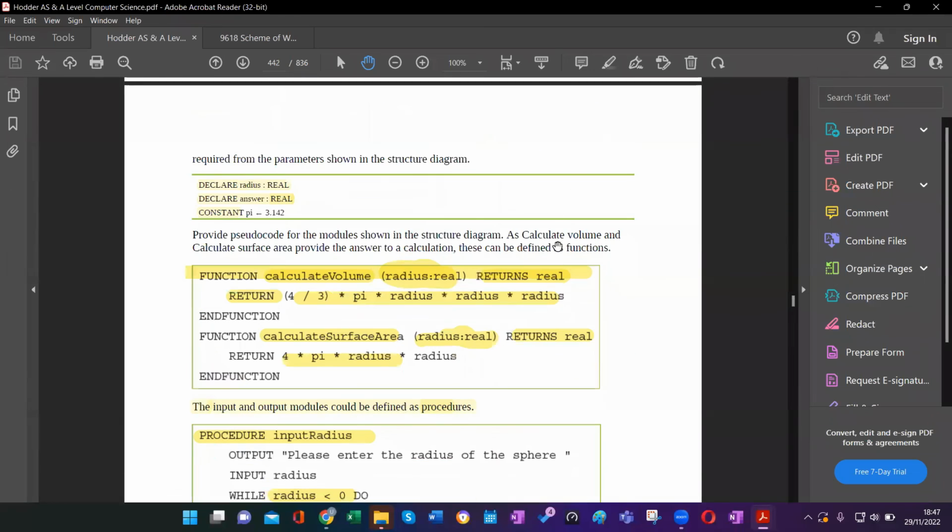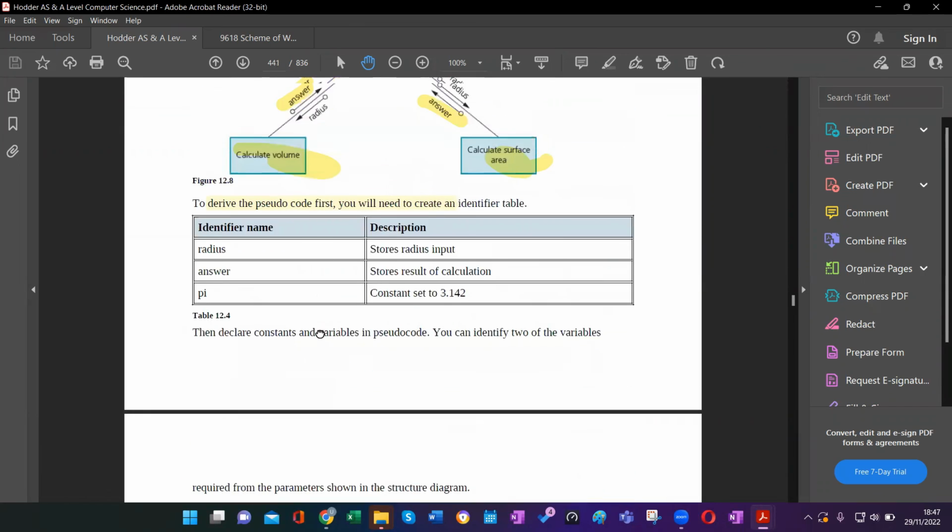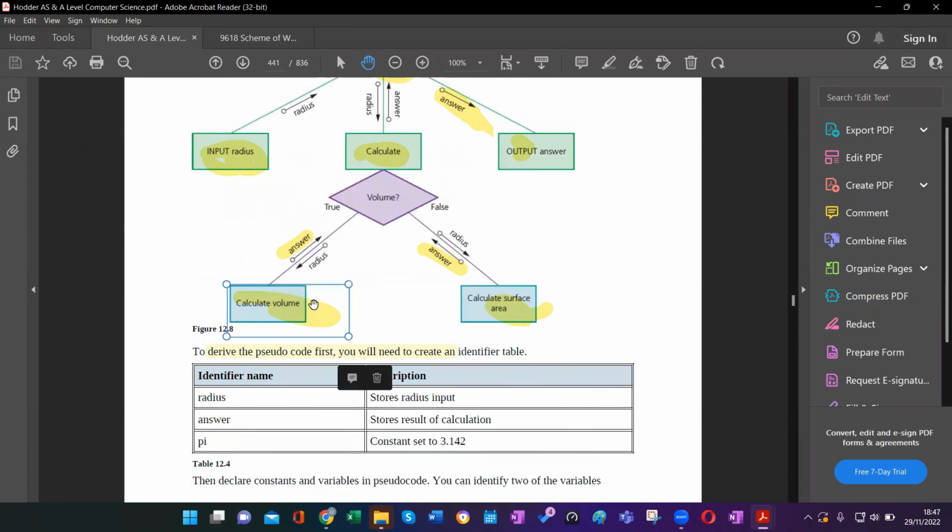Okay, so most of you know the difference between function and procedure. Procedure does not return any values, but function will always return a value. So what they have done here is calculate volume. That is this one. Calculate volume. Now you can see these parameters. One parameter is coming into the module and the other one is going out of the module. That means when you call the calculate volume